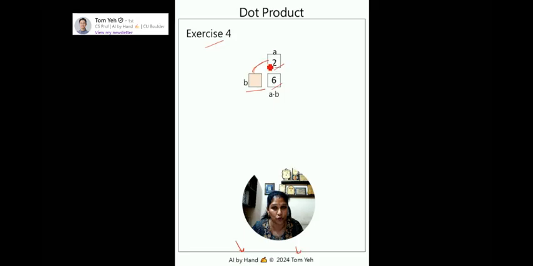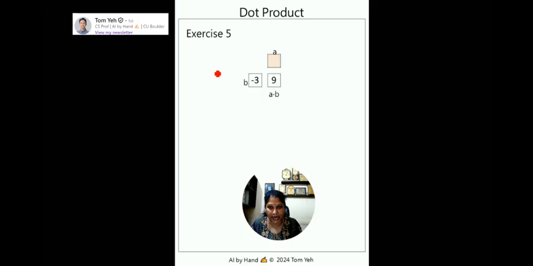So 2 times something would result in the number 6. So the vector B would be 3. And dear friends, this problem reinforces the core mechanism before we move into multi-element vectors.